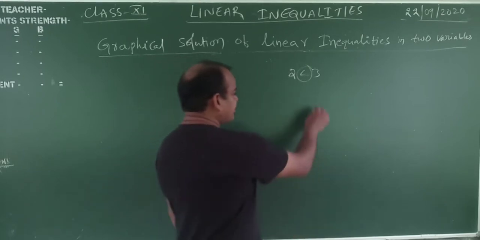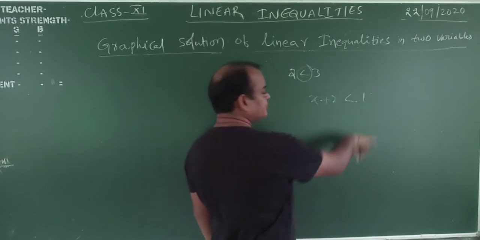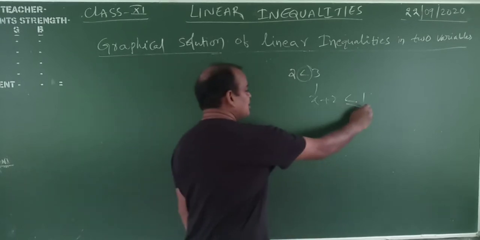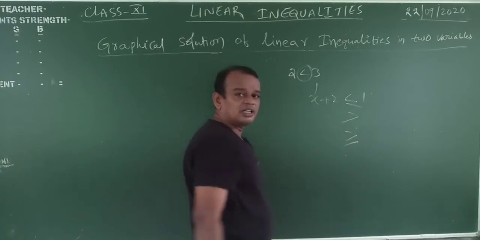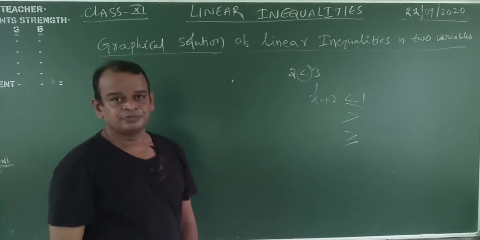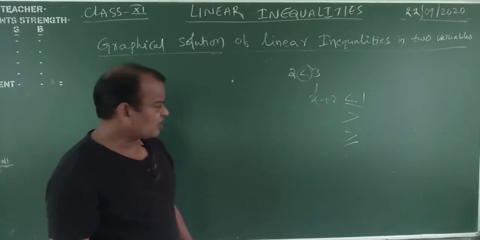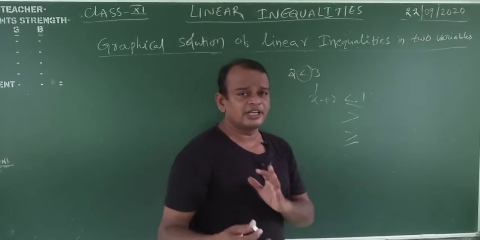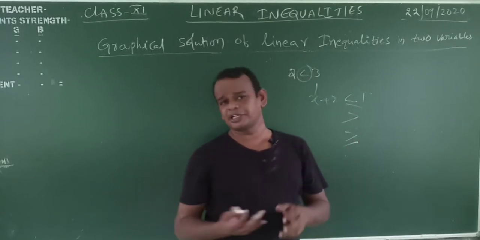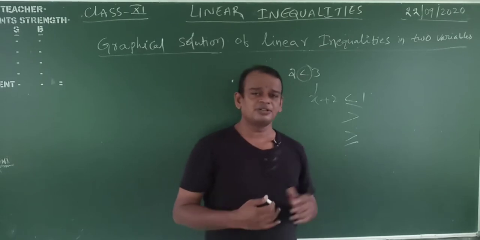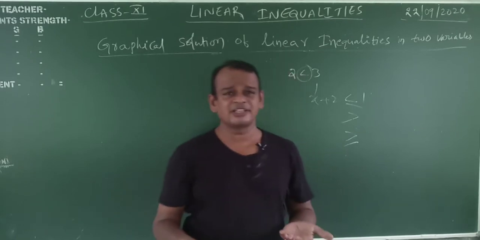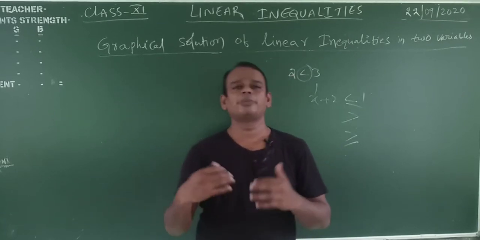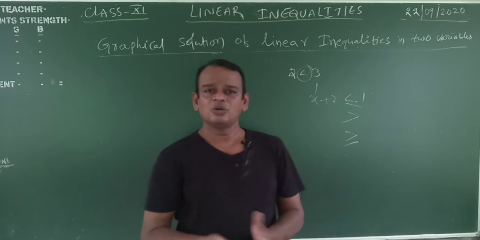First of all, take the algebraic expression x plus 2 less than 1. Here, this linear inequality x plus 2 less than 1 can use less than or equal to, or greater than or equal to. Clearly explained, my dear students. I hope you understand. These are the unequal symbols. We write them between any two real numbers or any algebraic expressions, or any trigonometric function, for example sin x is greater than cos x in the interval pi by 4 to pi by 2. Okay, my dear students.